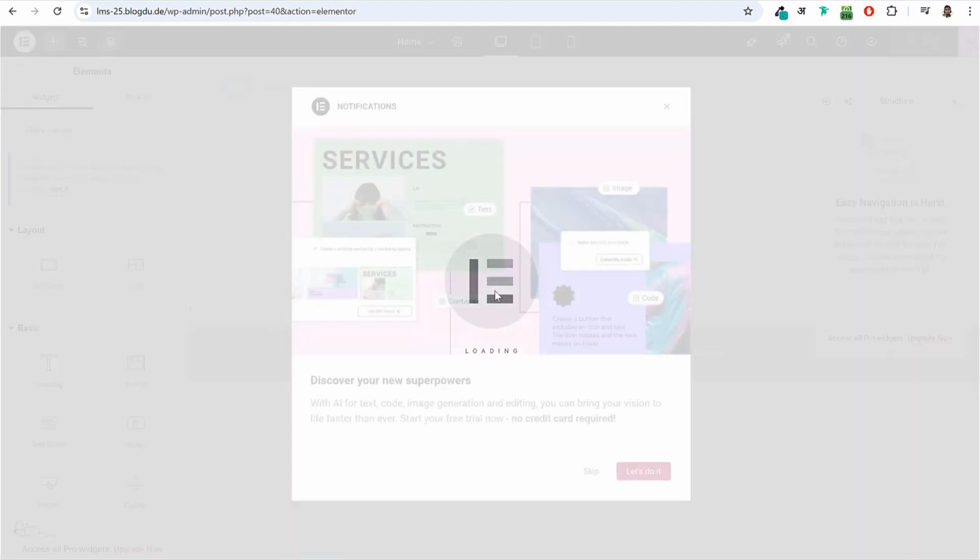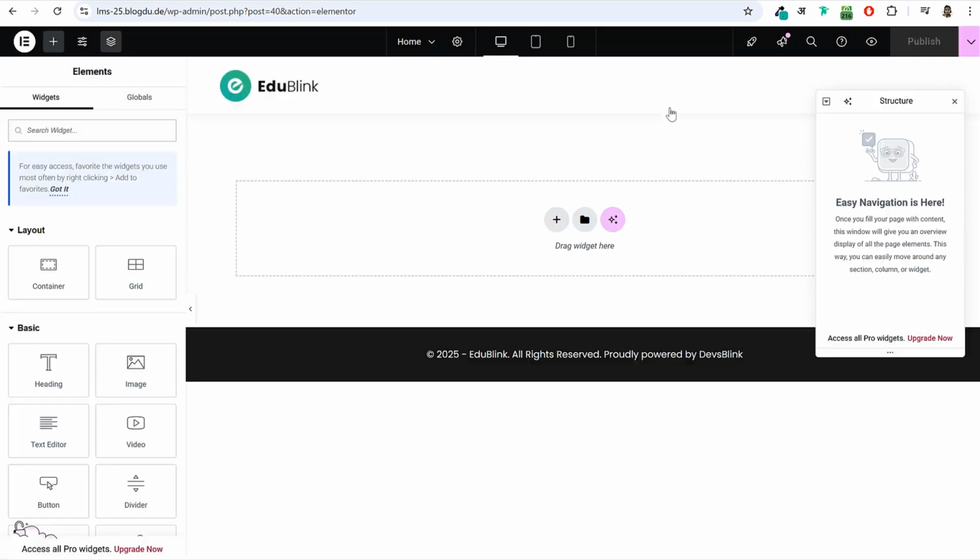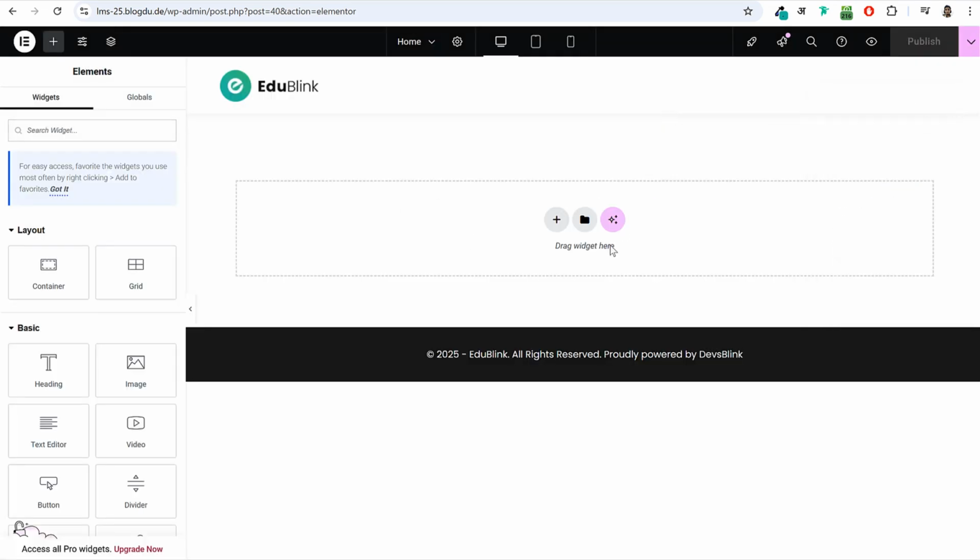Now I won't be designing this page from scratch because I've already created the design. I'll just give you the design and you can import it and make some changes. Whatever changes you need, you can make according to your needs on this website. But if you want to learn how to use Elementor, because this is what we're using, Elementor page builder,